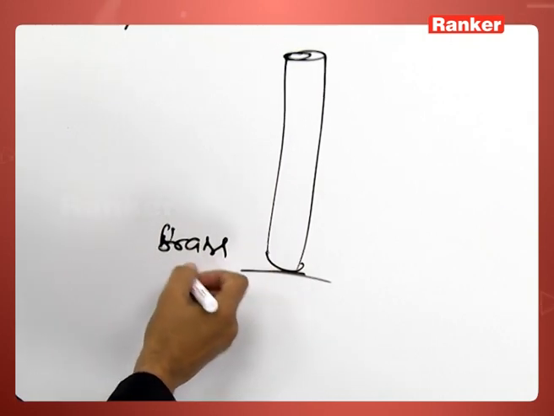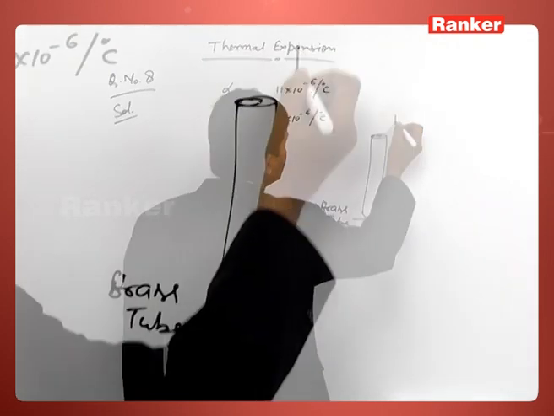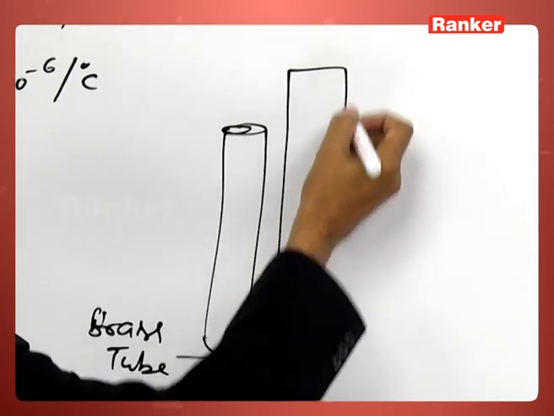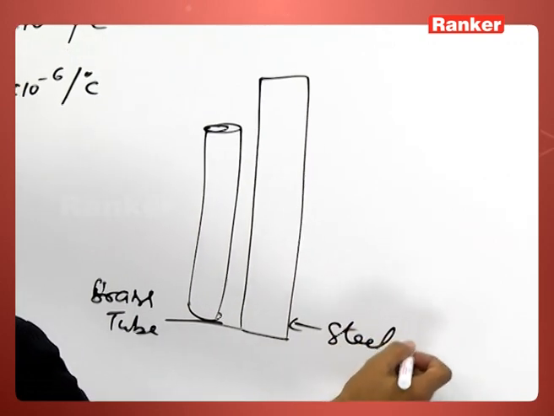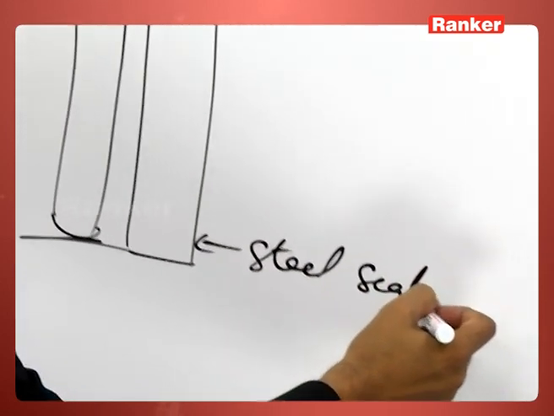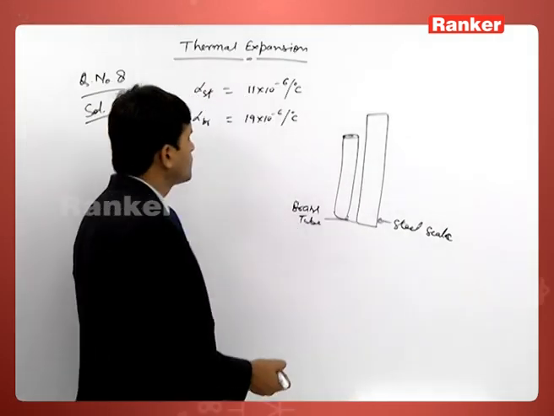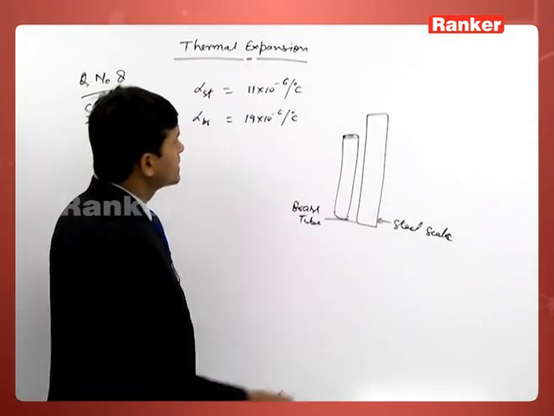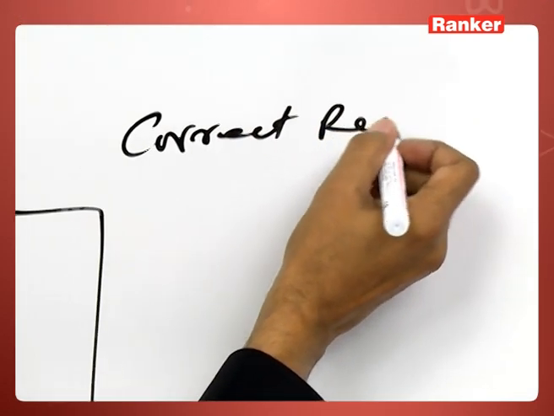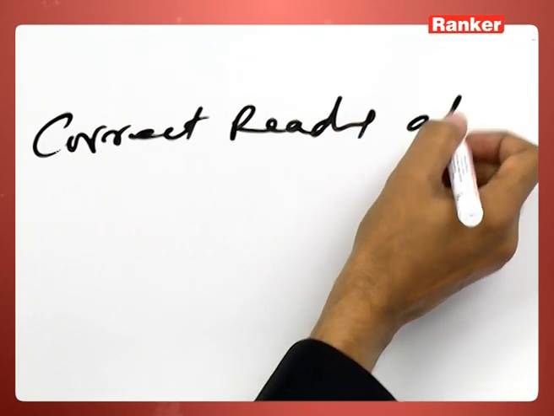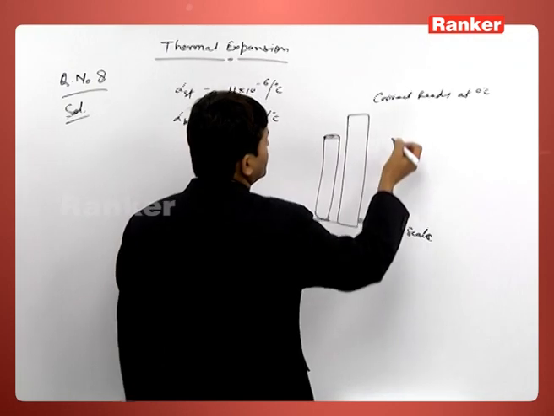This is a brass tube, and this has been measured from a steel scale. It has been measured from the steel scale. So the steel scale gives a correct reading at 0 degrees Celsius, but